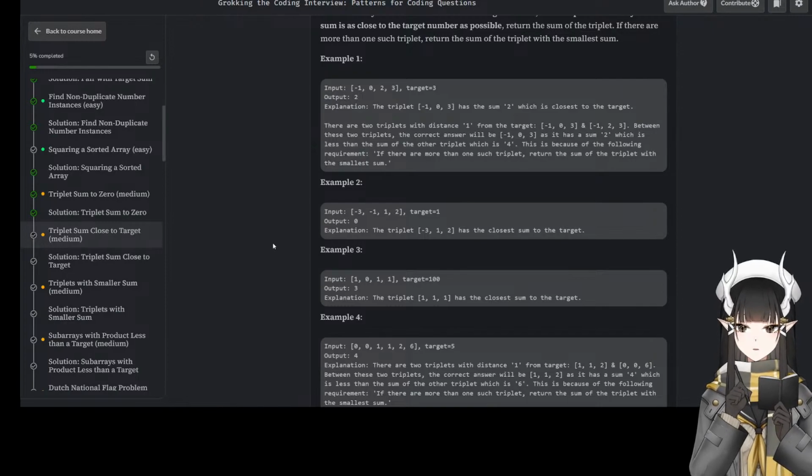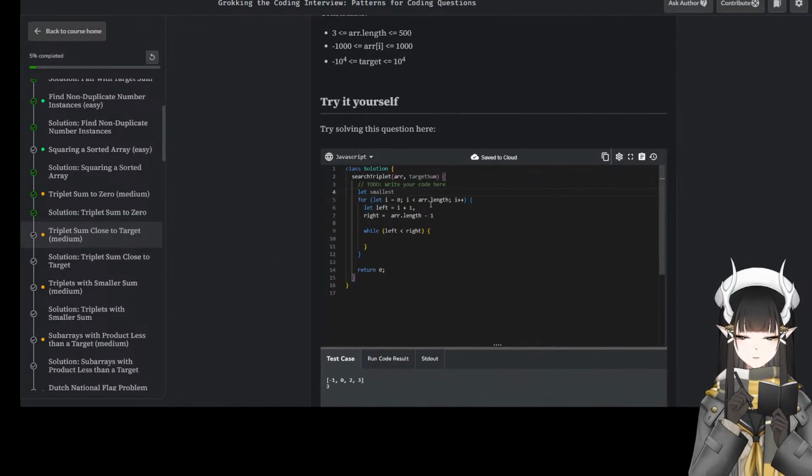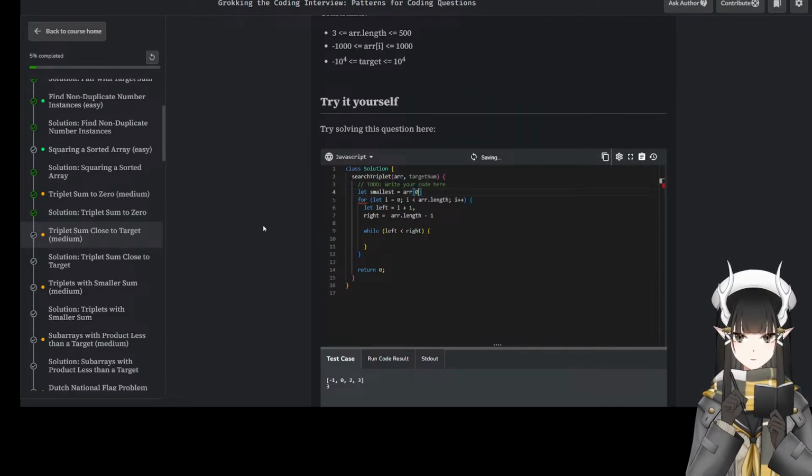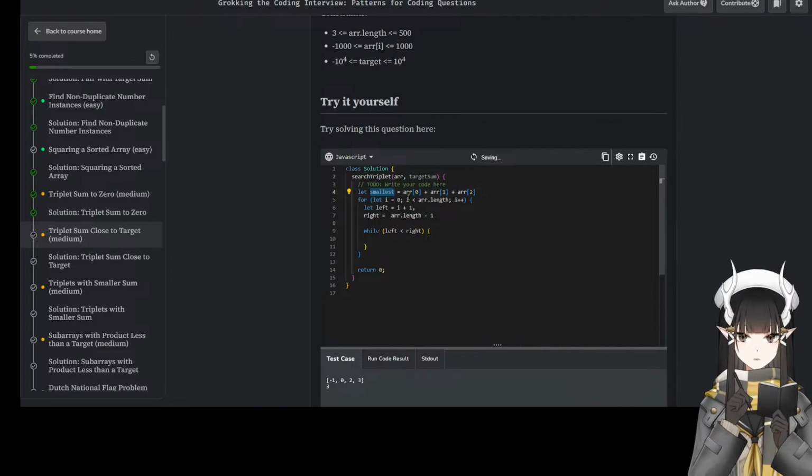I need to preset the smallest number. Because they are looking for sum, we can do array 0 plus array 1 plus array 2. If the smallest is this one, then we don't care. But since we are comparing these anyway, this preset is fine.